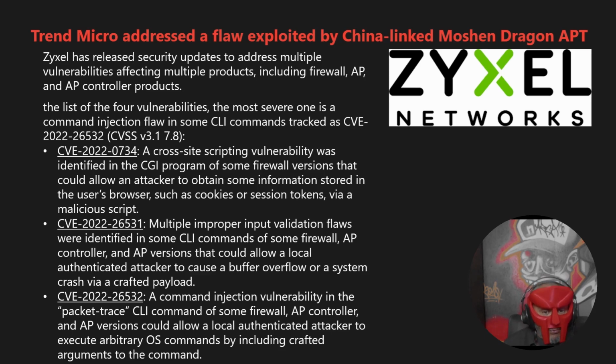commands of some firewalls, AP controllers, and AP versions that could allow a local authenticated attacker to cause a buffer overflow or a system crash via a crafted payload. Then there is CVE-2022-26532, which is a command injection vulnerability in the packet trace CLI command of some firewall, AP controller, and AP versions that would allow a local authenticated attacker to execute arbitrary operating system commands by including crafted arguments to the